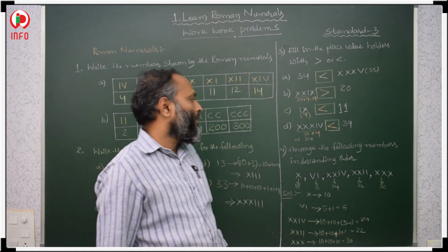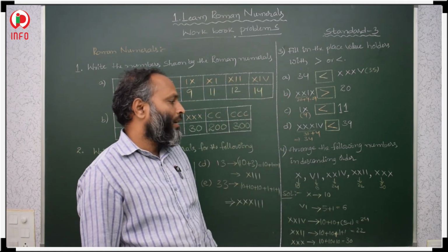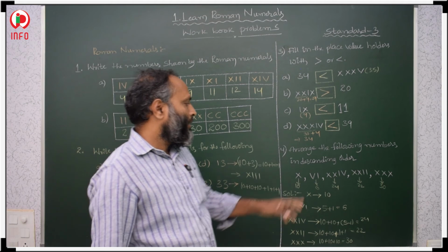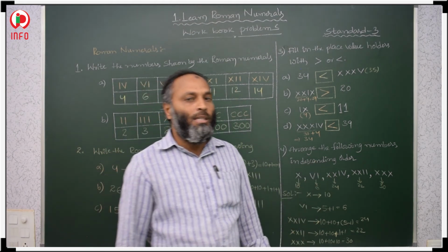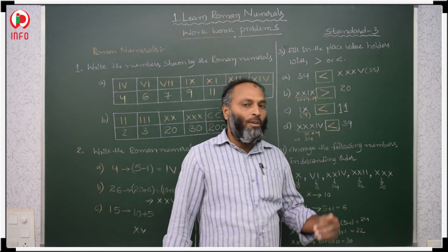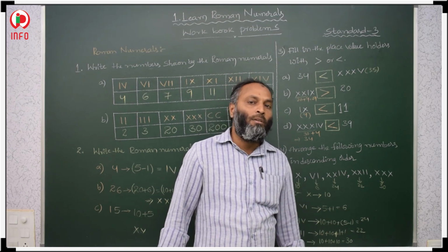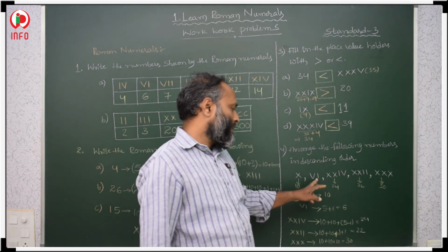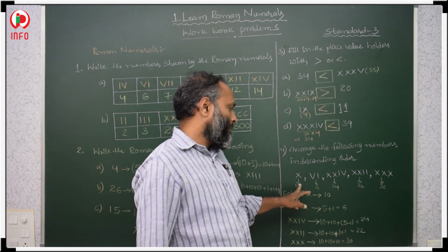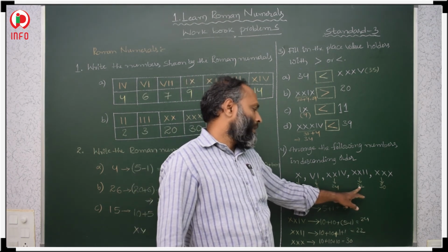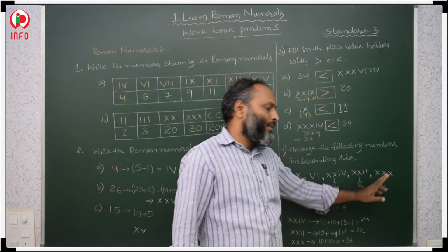So what is ascending order? In the ascending order, what do we have to take? Ascending order means increasing order. Increasing order means from smaller to bigger. First we have to write this smaller number. Bigger than this is this, and bigger than this is this, and after that this, and after that this.